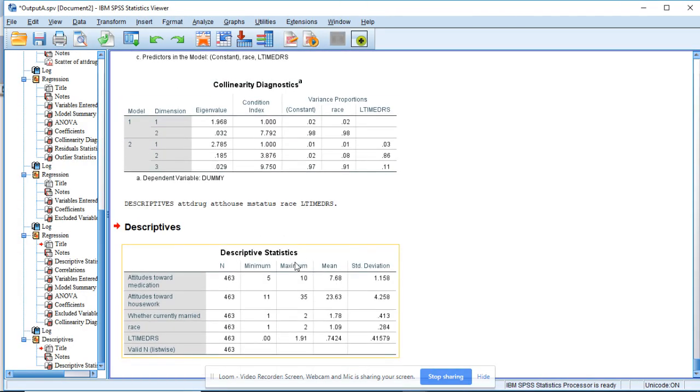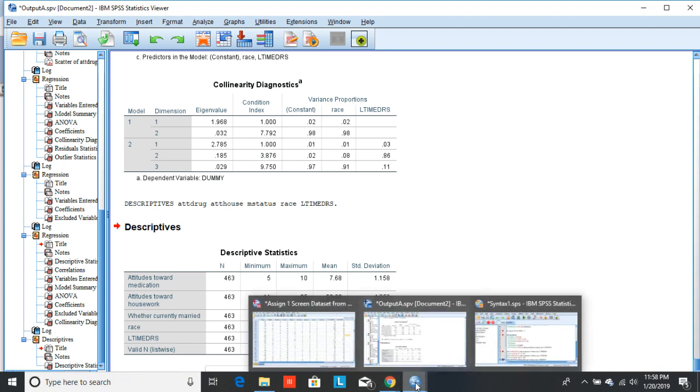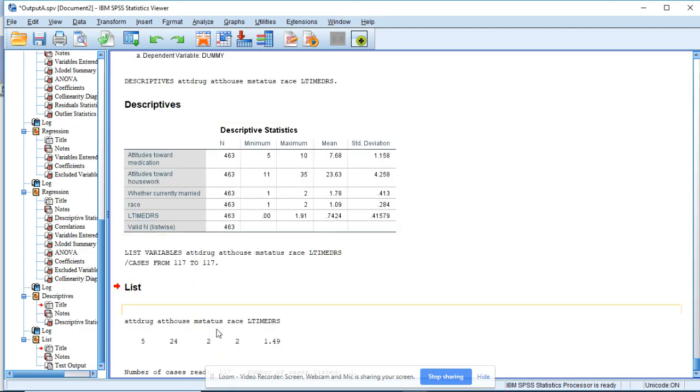Here's our descriptives. I think it jumped down because I didn't click on the correct thing. That's okay. We'll need all of it, so it doesn't matter what order it comes in. Go back to our syntax editor. It just ran this descriptives one because that was the line I was on. So I'm going to go back up here and click into this first one and hit run. There you see it shows us this list that matches exactly